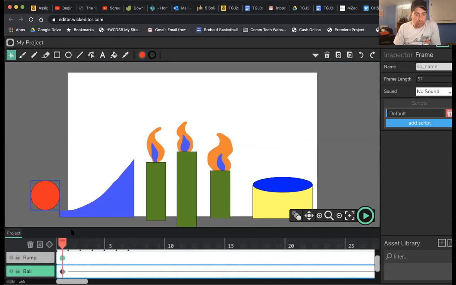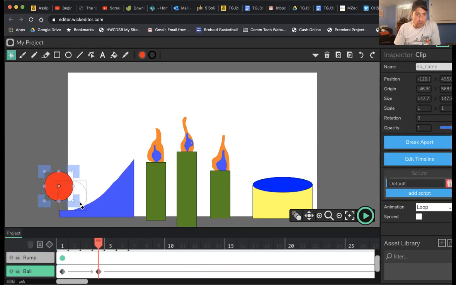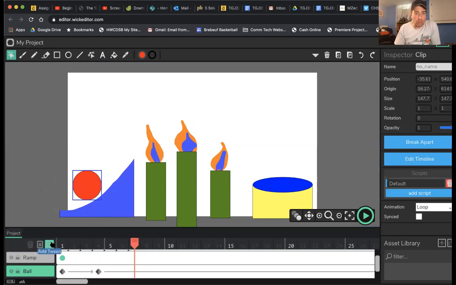This one will be a little different. You have to make sure that it's exact because it's following this ramp, right? As it gets to over here, a couple frames in, creating my ramp or my keyframe, it needs to be along here, right? So that it comes up this way. So a couple more frames in, and I need to keep adding keyframes